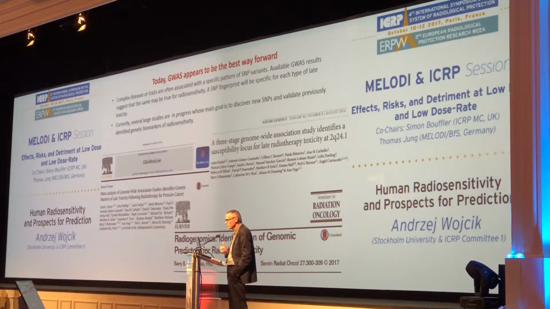So now with modern high throughput molecular biology methods, you can analyze SNPs in a GWAS approach quite easily. And there are several studies ongoing, large international studies, where a fingerprint of radiosensitivity or a biomarker of radiosensitivity at the level of SNPs is analyzed. Some of these studies were already published and they are promising. Some are ongoing, so we have to wait to see what comes out. But generally speaking, I think there is hope, and the results that we have are quite promising.